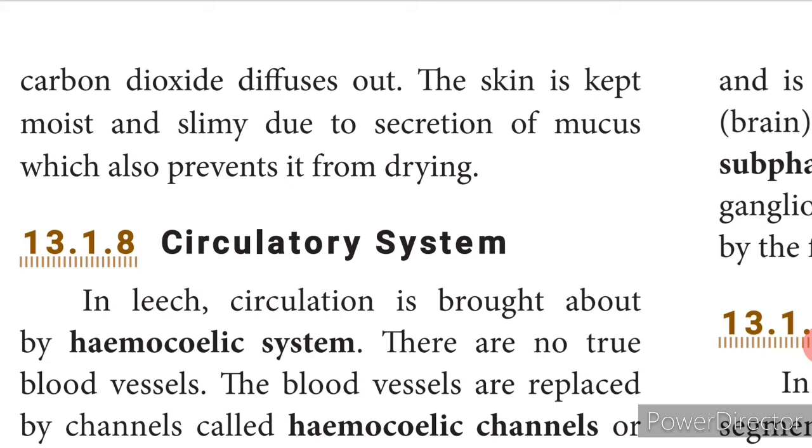Now I said that the hemocoelomic channels are present, isn't it? So there are 4 hemocoelomic channels. One lies below the alimentary canal, the other above the alimentary canal, and the other 2 lie on either side of the alimentary canal. These hemocoelomic channels or canals serve as a heart, and this also consists of inner valves, and all these 4 channels are connected together in the 26th segment.